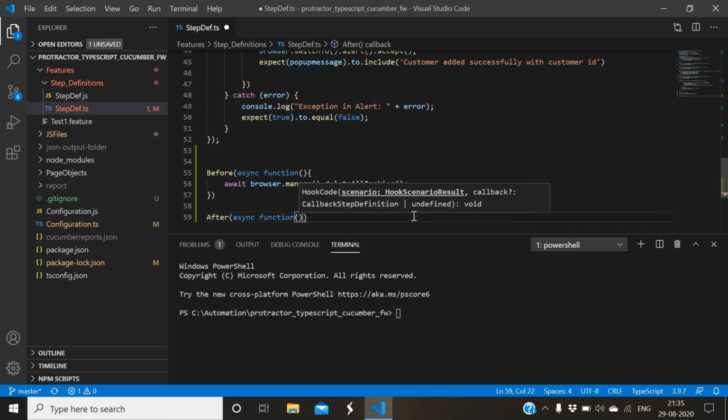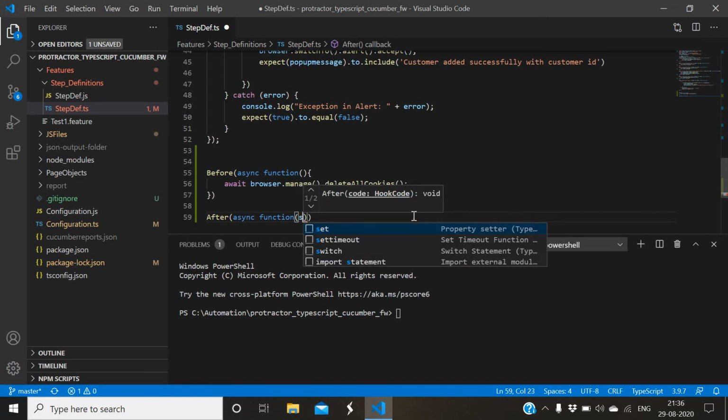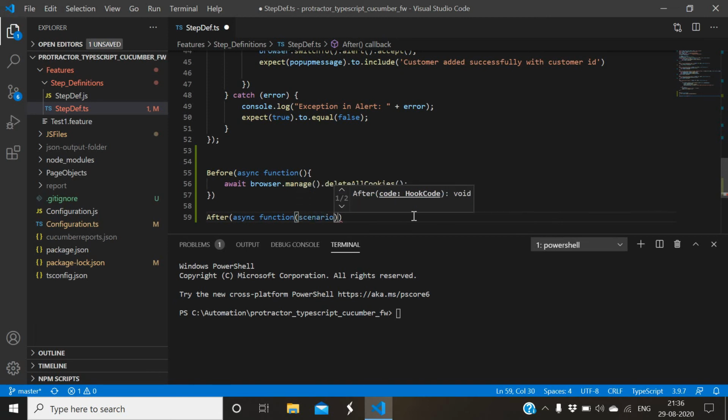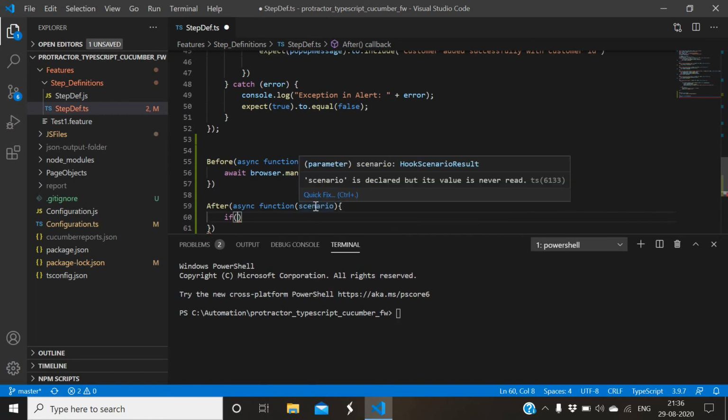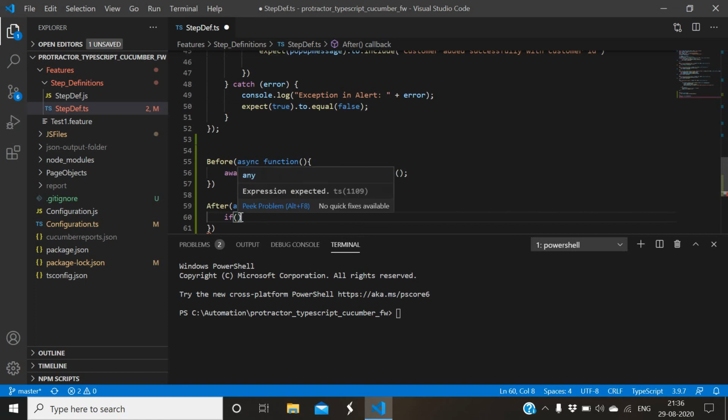For taking the screenshot in case of failure, we need the result of the scenario for each step. That will be stored in scenario. The scenario has a result of each step, whether it is pass or fail.